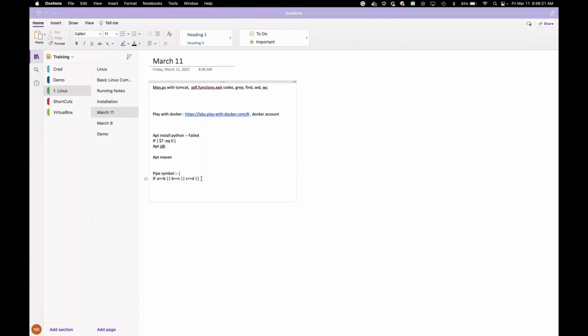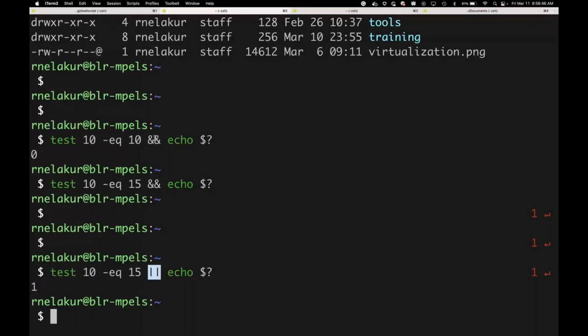The OR operator will always look for any one successful condition, and when it comes to the AND operator, it will look for every condition to be successful. Like we have seen there, if we give 3 commands there,